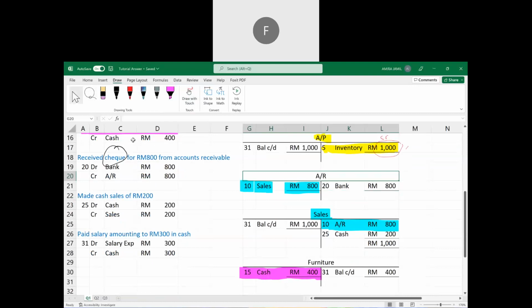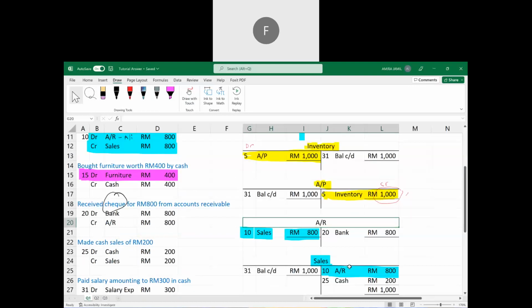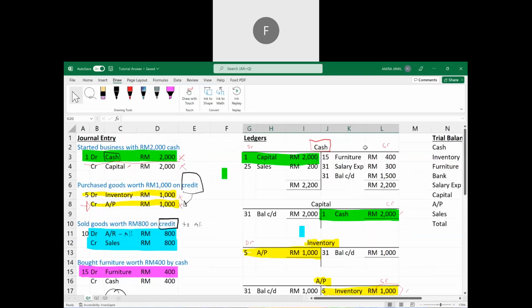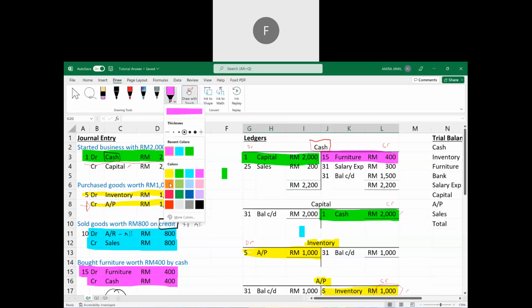So kita kena tengok balik sama ada kita dah ada ke belum account cash before this. Okay, kita dah ada. So kita kena record dalam account yang sama. Kita tak boleh buka account yang sama banyak kali. Okay, kita kena record dalam account yang sama. So, credit cash 400. Credit account cash, kita tulis furniture 400 sini. Okay. And then,